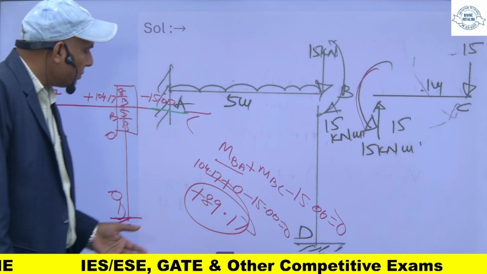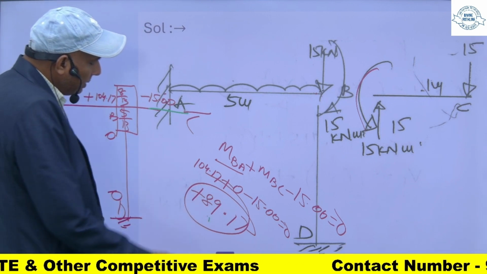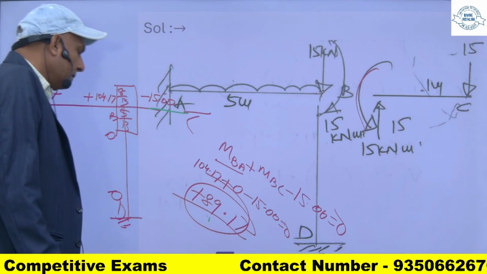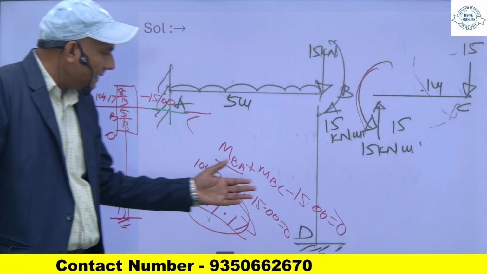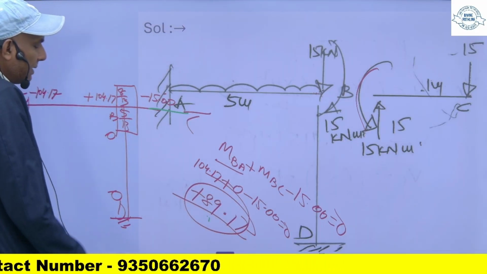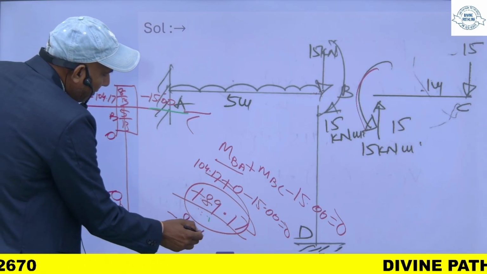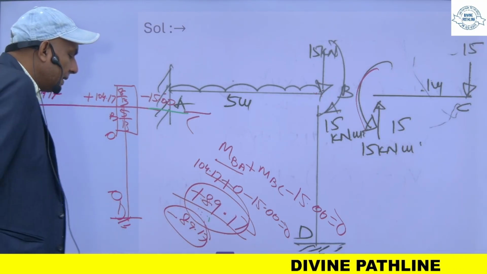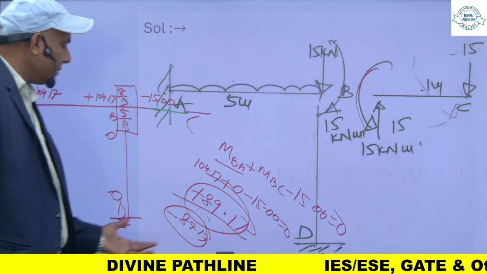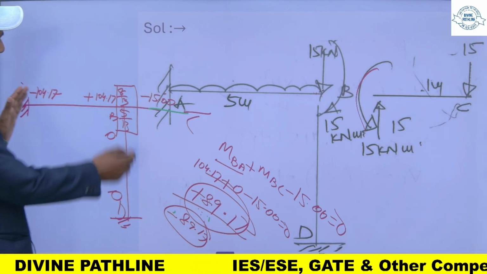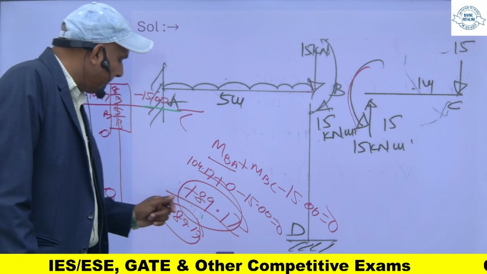तो ये मेरा जो मोमेंट है यहाँ पर एक्स्ट्रा है, इन तीनों का सम 0 होना चाहिए, बट ये तीनों का सम 0 नहीं है, दैट इज इक्वल टू दिस वन। तो इसका मतलब ये मेरा एक्स्ट्रा मोमेंट है। तो इसको 0 करने के लिए क्या करेंगे हम, आई विल अप्लाई ए करेक्टिंग मोमेंट ऑफ द सेम मैग्नीट्यूड, -89.17 का करेक्टिंग मोमेंट लगाऊंगा एट दिस पॉइंट, सो दैट दिस बिकम 0। और ये करेक्टिंग मोमेंट दैट विल बी डिस्ट्रीब्यूटेड इनटू दिस मेंबर BA एंड दिस BD एज पर देयर डिस्ट्रीब्यूशन फैक्टर।